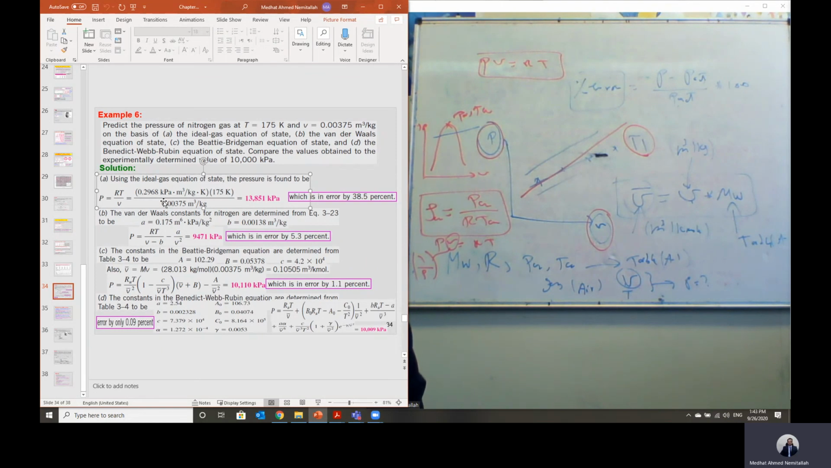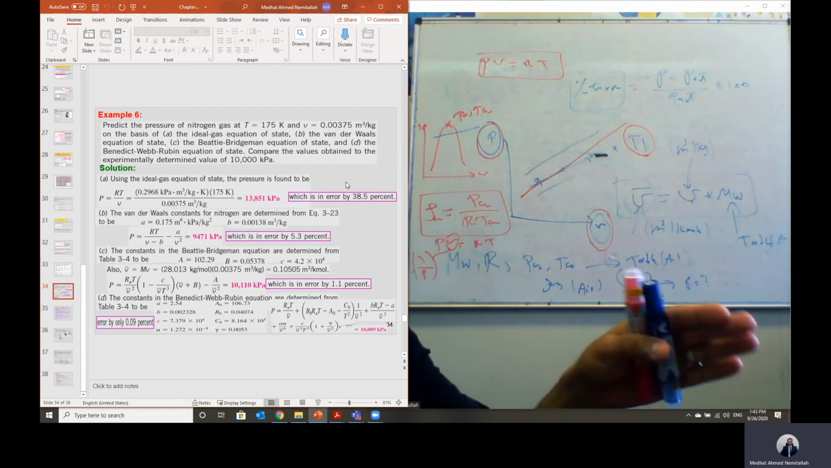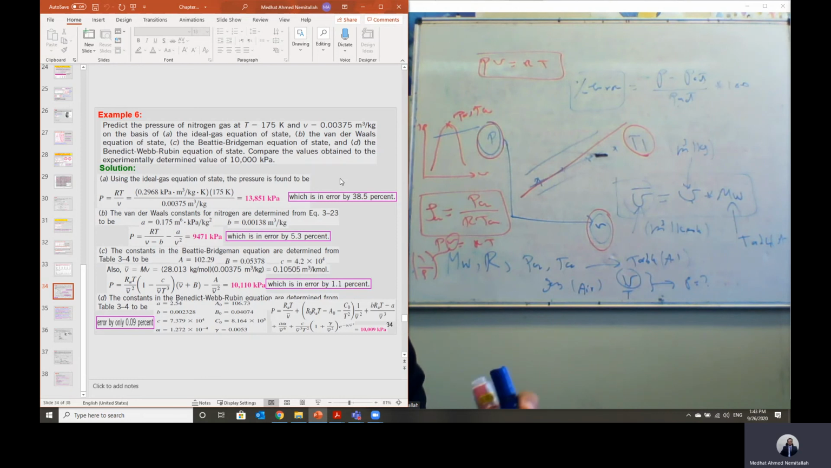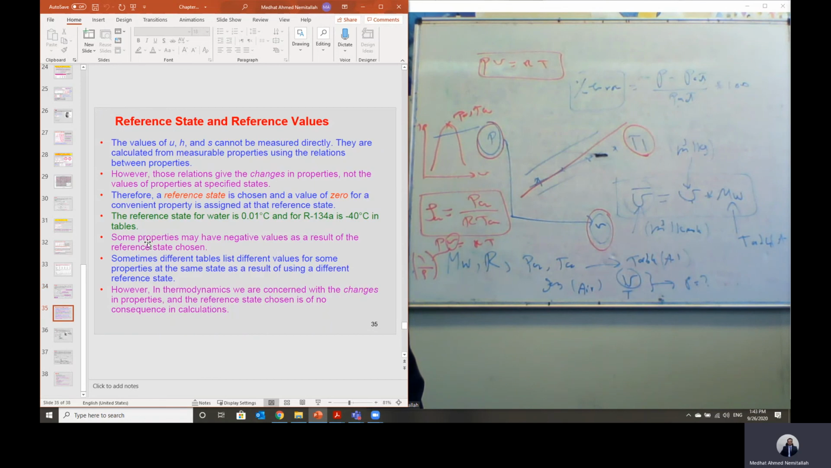And if required, I will ask you to use the modified equation PV equals ZRT. But none of those empirical equations will be coming to your exam. But you have to know about it, okay? You can check those calculations, okay? One more topic you have to end with in this chapter is the reference state and the reference